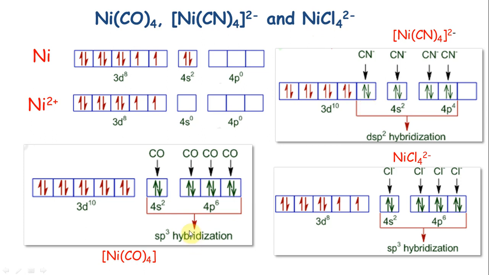So this is sp3 and this is sp3, so these two are going to be tetrahedral. This is going to be square planar, and these two are going to differ in a certain property. This is going to be paramagnetic, whereas this is diamagnetic. So this is a recurring example that you want to be familiar with for NEET. Okay, alright, a lot of work right now so that it gets faster during the exam. Okay, alright, good luck guys, thank you.